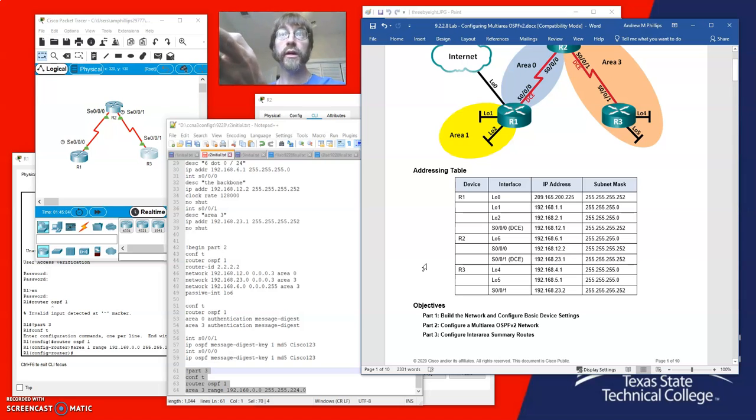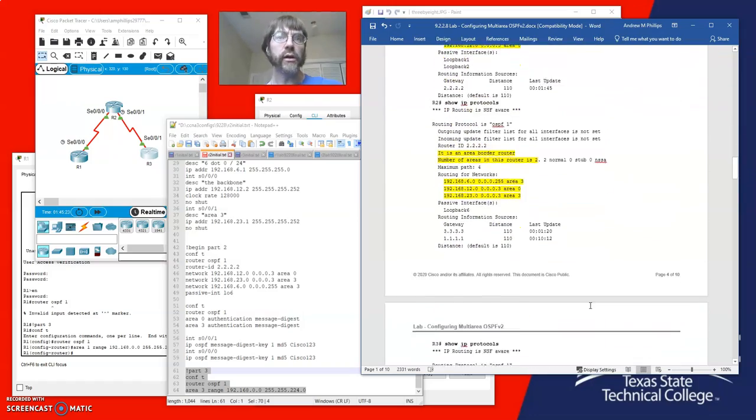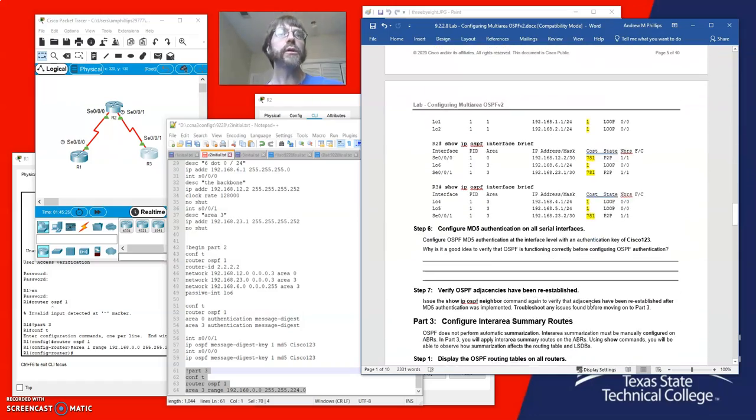Our 24.0, that's the third octet equivalent of a /27 with an interval of 32. And we did that because our instructions for that, going all the way down here, are to